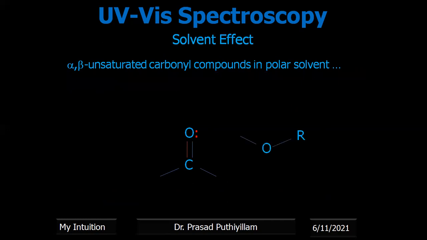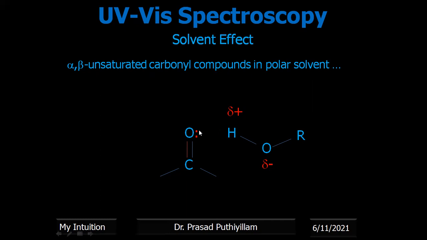Okay, for the solvent effect, if it is a polar solvent, say alcohol, ROH, we know alcohol is polar in nature because oxygen is more electronegative than hydrogen. Therefore, oxygen will pull the bonded pair of electrons towards it and hydrogen will lose the electron. So oxygen gets a partial negative charge and hydrogen gets a partial positive charge. And again here, because of the polarity between carbon and oxygen, oxygen has a partial negative charge as well as a lone pair of electrons. So there is more electron density on oxygen and less electron density on hydrogen.